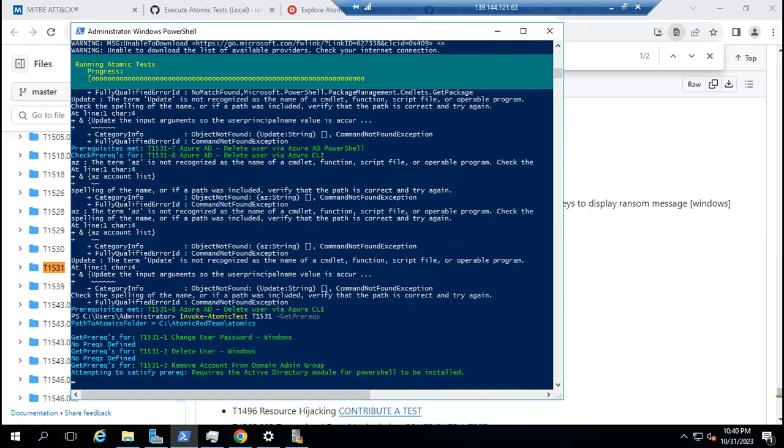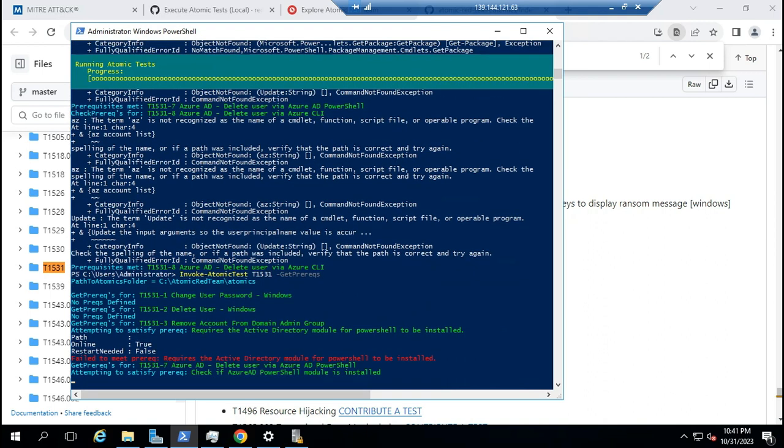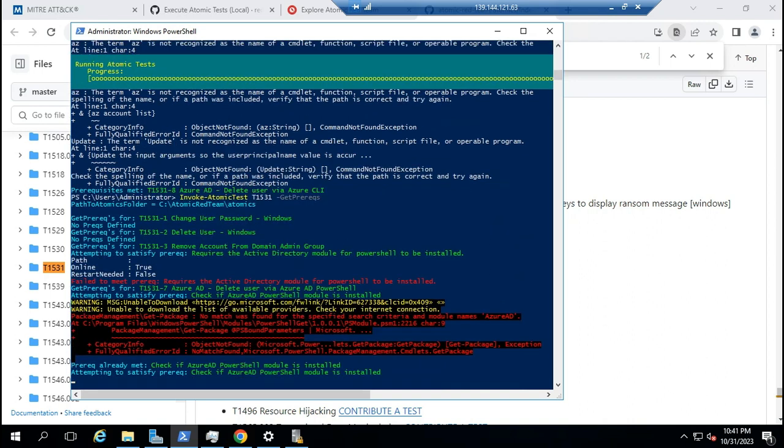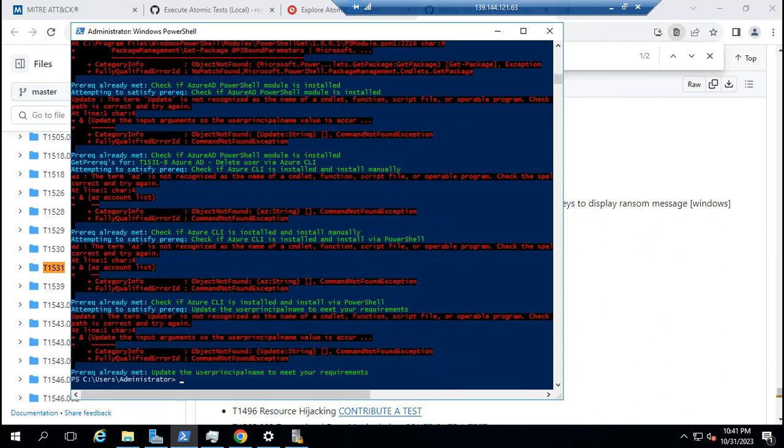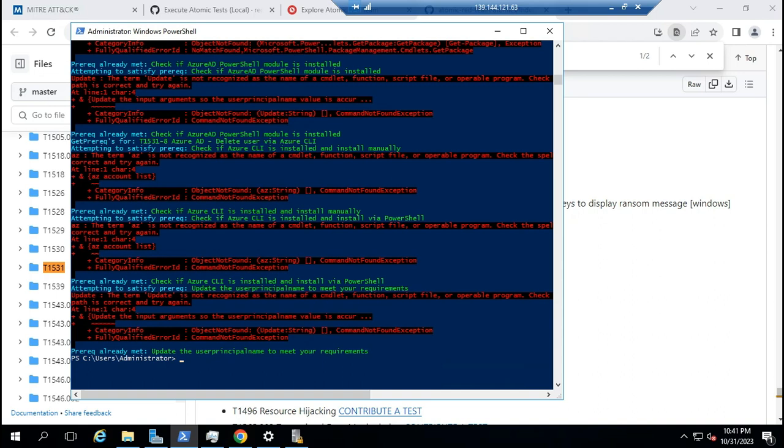Just wait until the download or install is done. Okay, I think the Azure command line interface is installed. Okay, it's done.